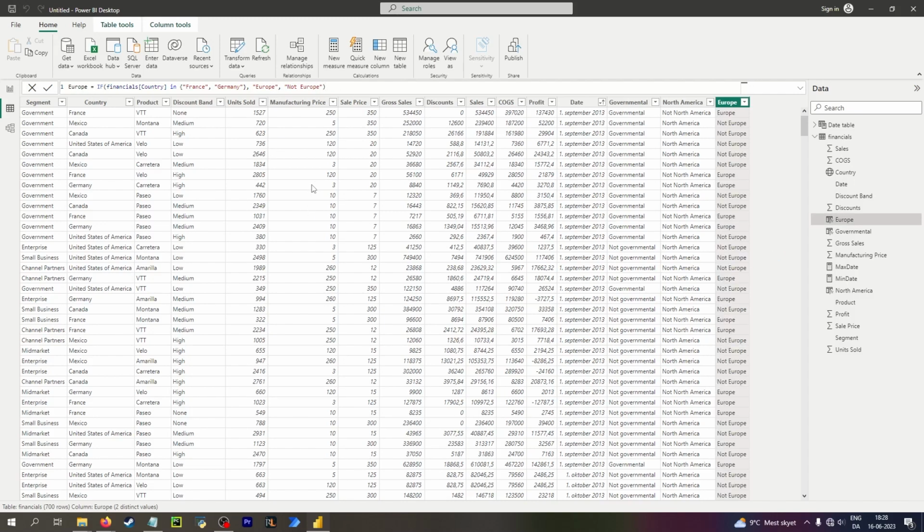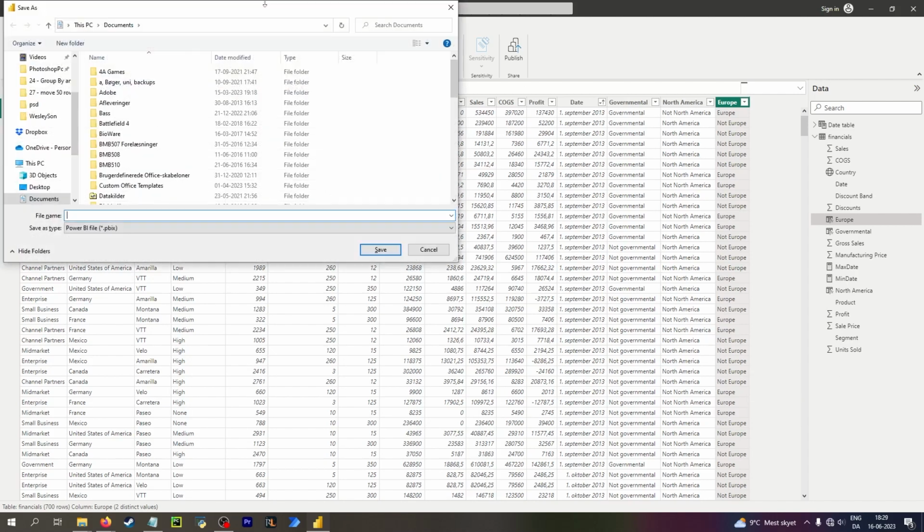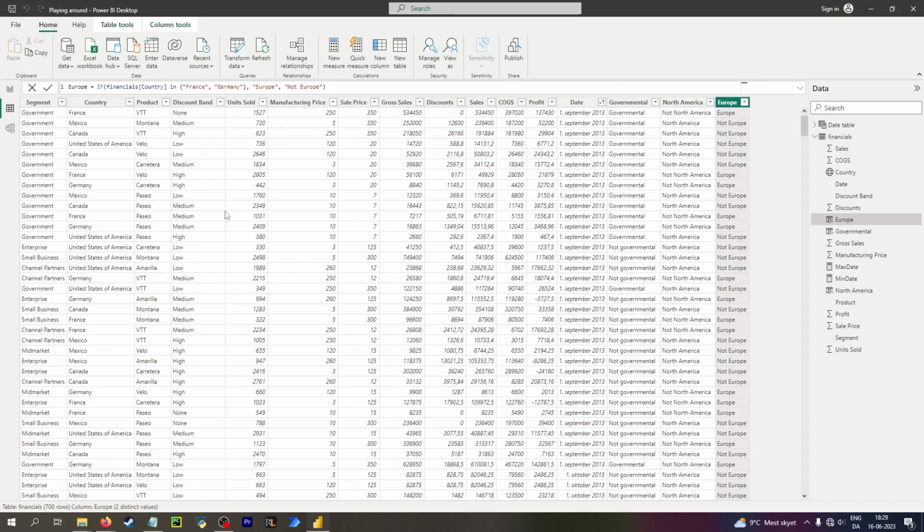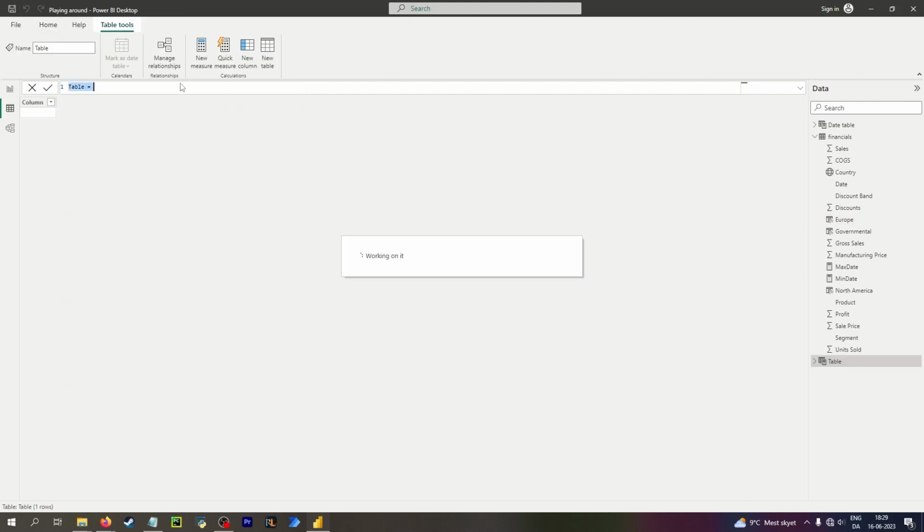And I don't have any Asian or African or Australian countries, so I don't have to worry about that. I want to save. I want a new table where I want unique countries,